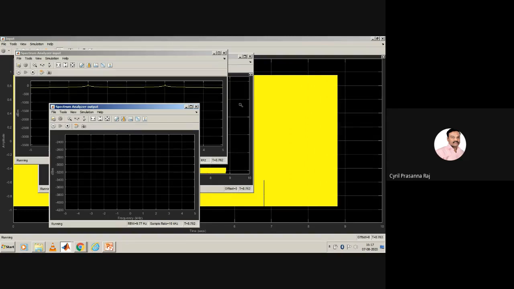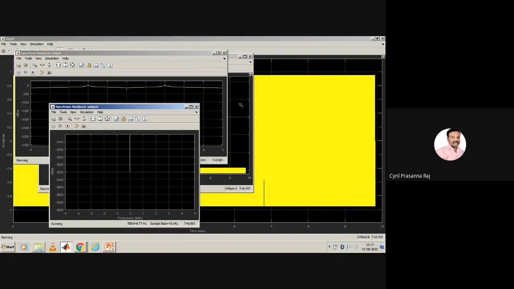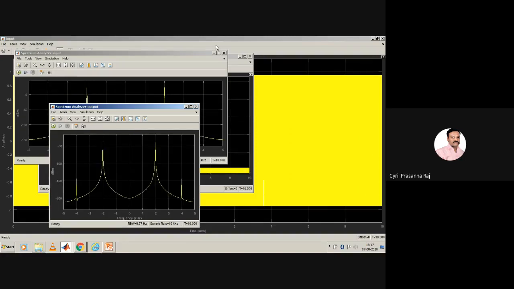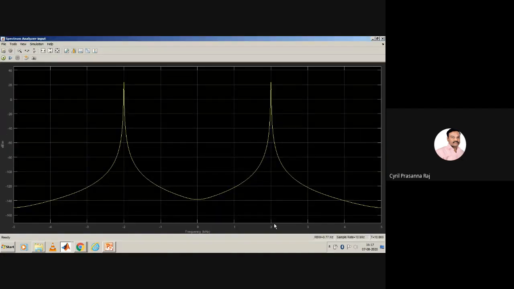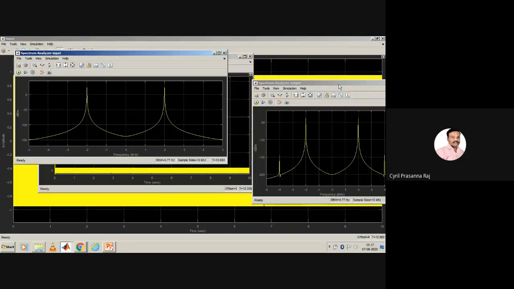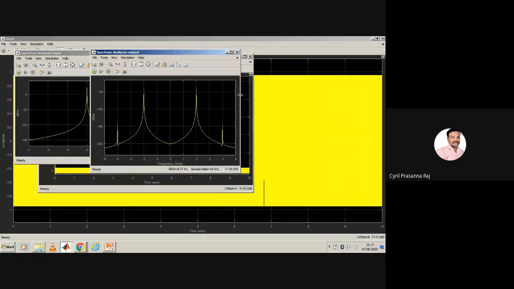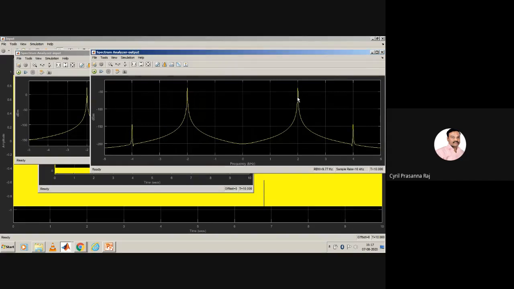So it is trying to simulate it and give results. It will go until time t equal to 10 because that is the parameter that we have set. Yeah. So now if you see the input spectrum, it tells that the frequency is at 2 kilohertz, because that's where you get a spike. Then the output spectrum also tells that yes, it is at exactly 2 kilohertz.